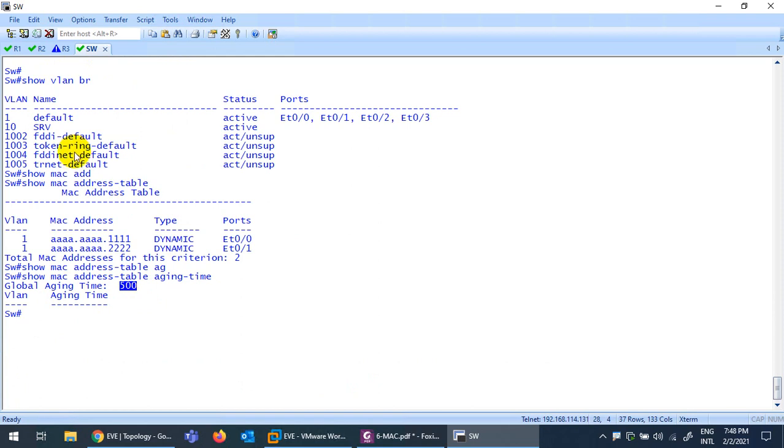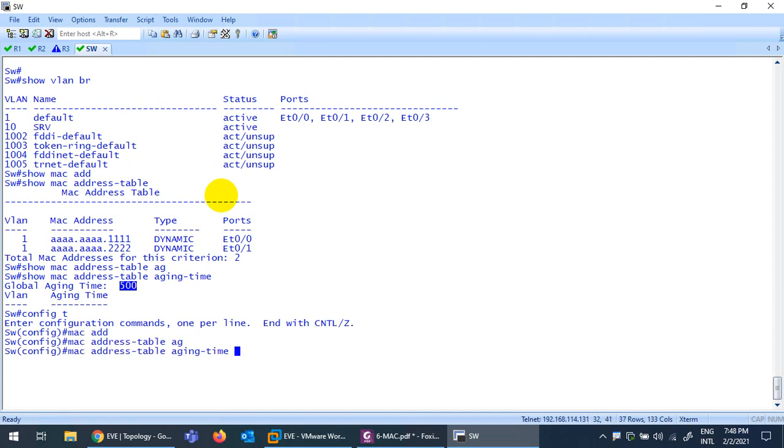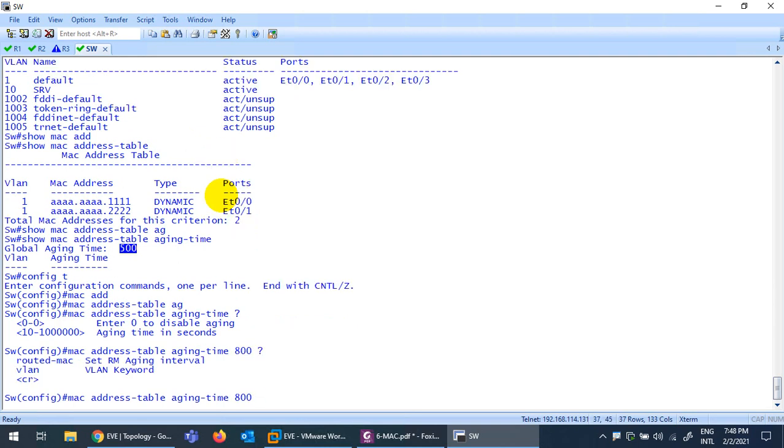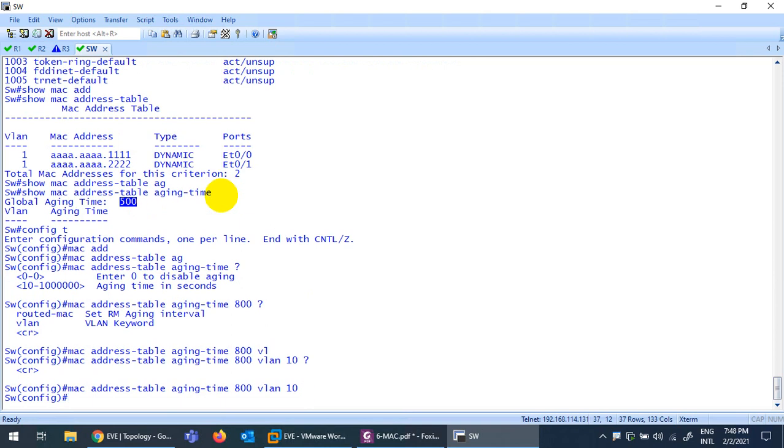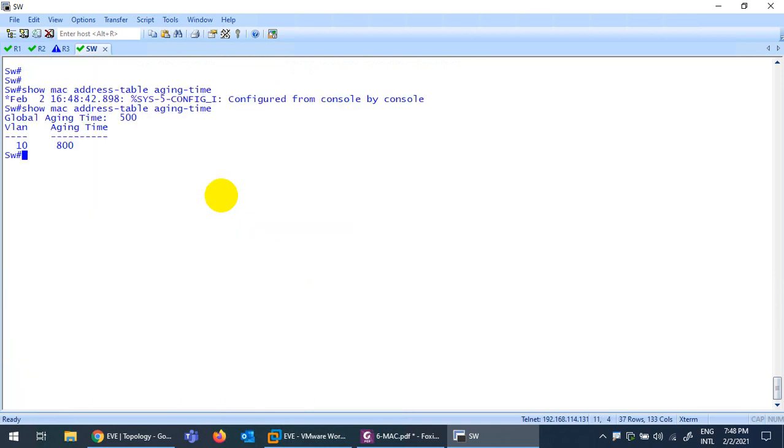But maybe you want to keep 500 seconds for all VLANs, but for the server VLAN you want to keep something else. So it's also possible. What you need to do is go to configuration and type MAC address aging time, instead of 500, let's give the server 800 seconds, and then type VLAN 10, and enter. Now let's check. Show MAC address table.